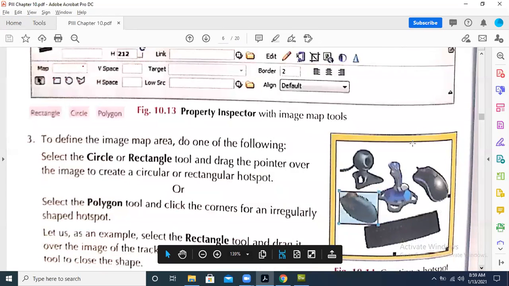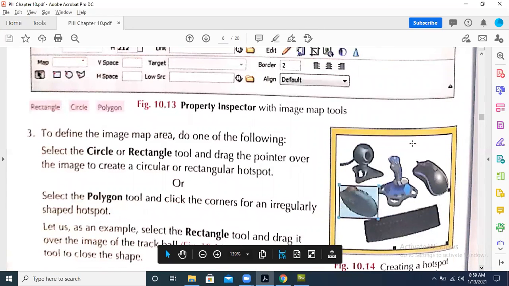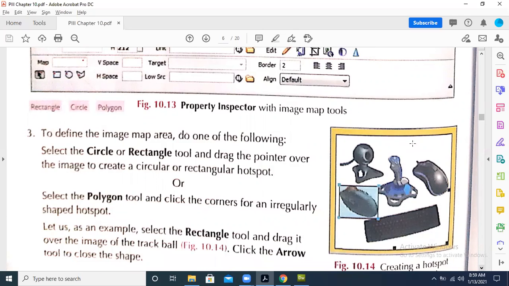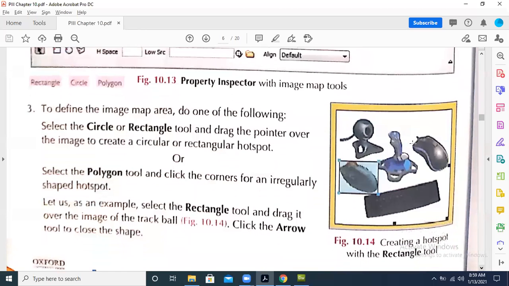To define the image map area, do one of the following. Select the circle or rectangle tool and drag the pointer over the image to create a circular or rectangular hotspot. So we have to define the hotspot by drawing a circular or rectangular region on our image.